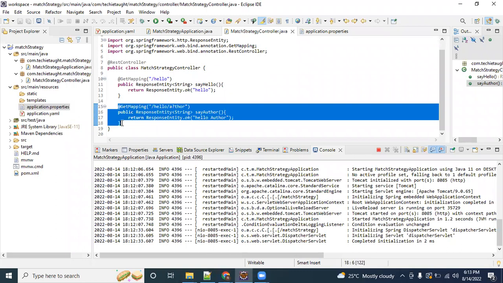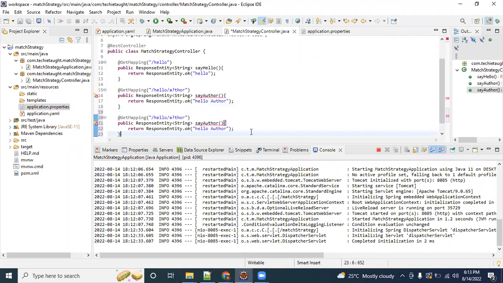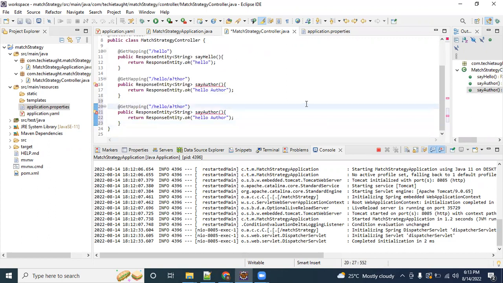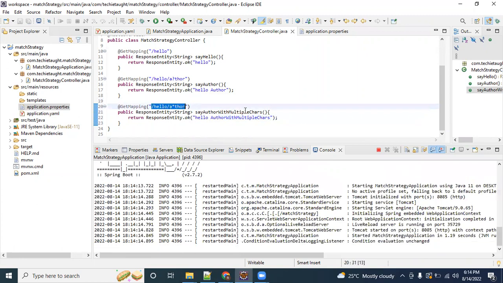So here I'll just copy these. So basically we are testing multiple matching strategies. So I'll put star here and I'll say author with multiple cats. So I can say something like this. Hello author with multiple cats. Okay. So now if I test this,